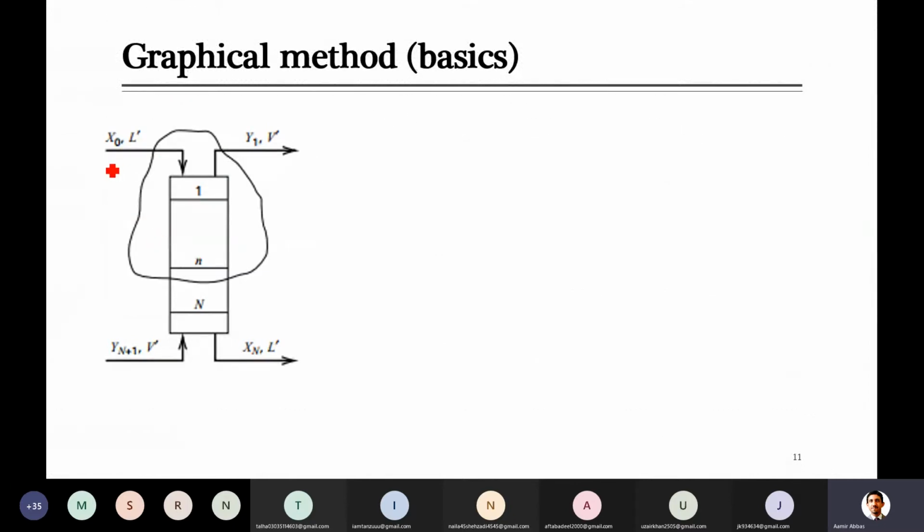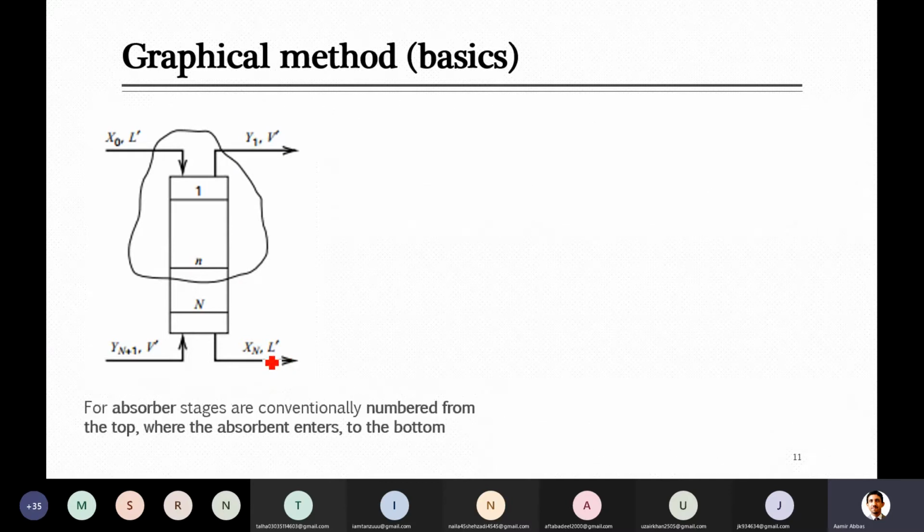So here in this diagram the liquid flow rate is shown, and there is something called solute if it contains some amount, otherwise it will be negligible as well. Here is the gas which contains some specific component which we want to absorb, and later on the gas leaves from the top. The concentration of those components which we were supposed to remove should have decreased, because those components will be absorbed inside the liquid.